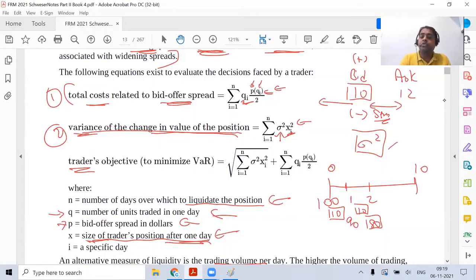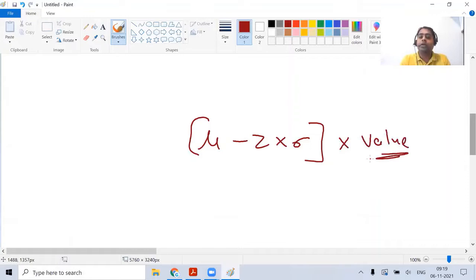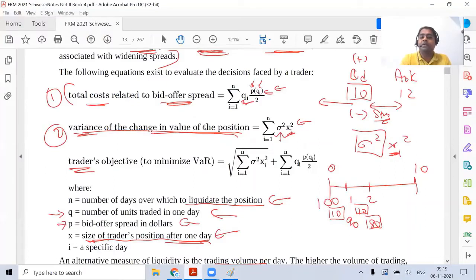So my risk will also change depending upon my current holding. Because in level one, what we were actually looking at was sigma. If you go back to level one, when we were looking at the VAR formula, we were multiplying it with the value. You realize this was getting multiplied by this. In very simple language, it talks about the variance, or the riskiness of the asset in terms of the dollar part, and that is being covered over here.